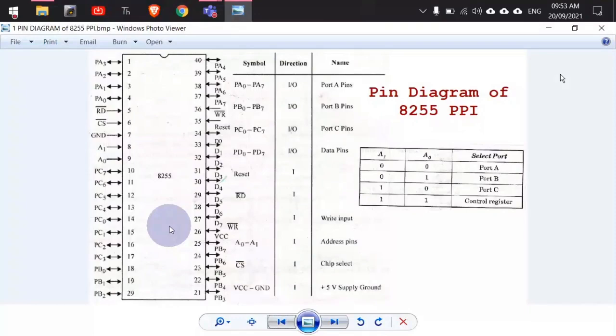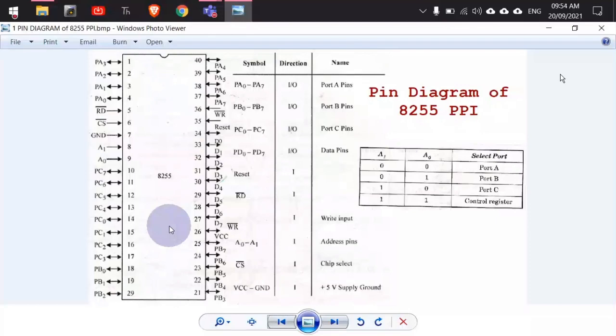Suppose you have USB ports in your computer, right? Those USB ports are not always doing the job of data transfer. Whenever it is needed, you will use them. Sometimes you attach a pen drive and transfer the data. The rest of the time you remove your pen drive and the ports are kept as they are, not doing anything. Whenever needed, they have to perform.